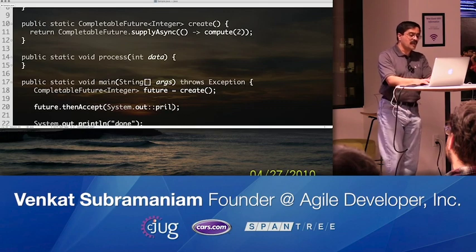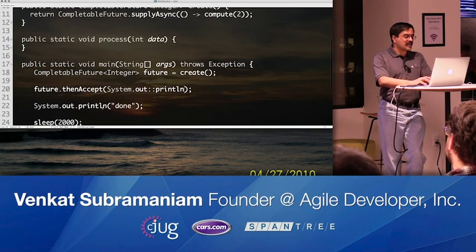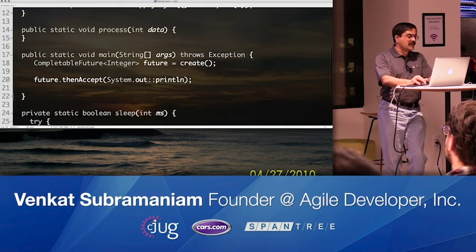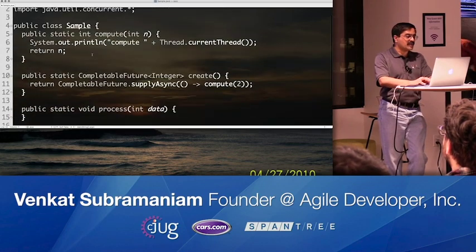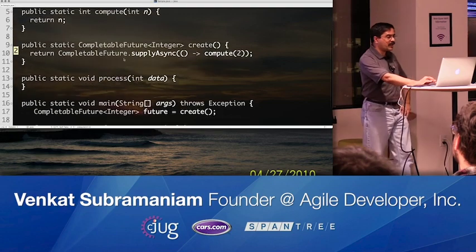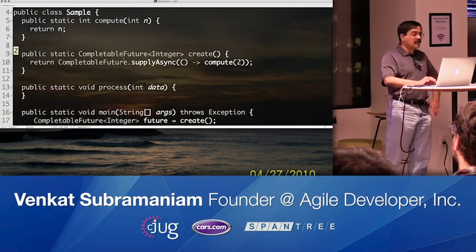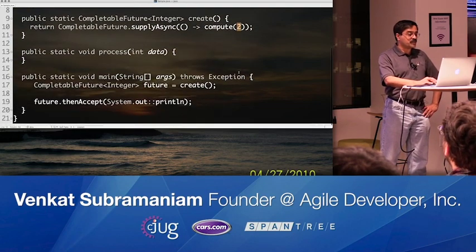So give me a second to get this taken care of. So println, and then of course let's get rid of this as well. We don't quite care about it right now, so we'll clean up a little bit and remove this thread information too. When I run this code, the result is 2. No surprise over there. The reason for the result to be 2 is that this is returning the input given to it, and of course this is printing the result.